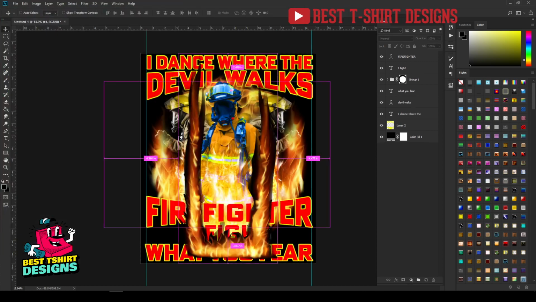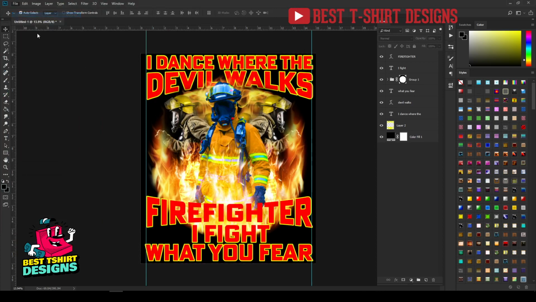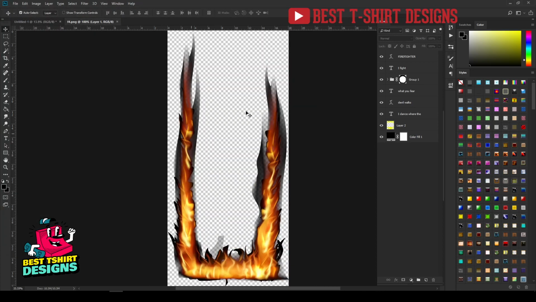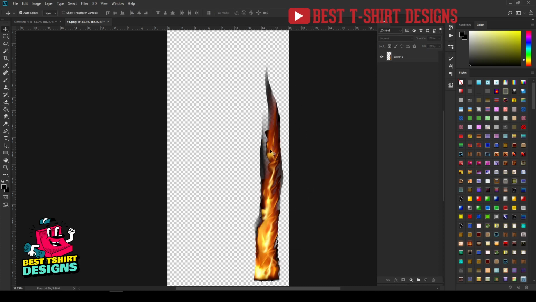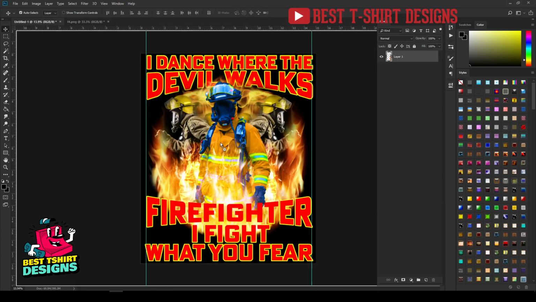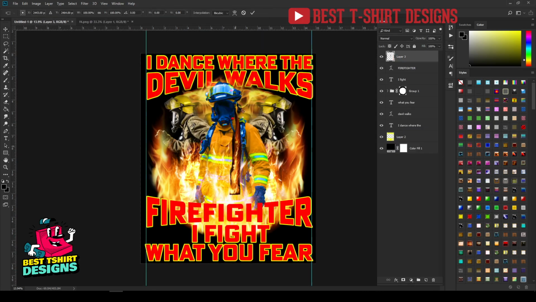Okay, let's press Ctrl Z again. I'm going to open that file because I need to add some adjustment. I don't want this whole part, so I am pressing E for eraser tool, then just erase something like this so that I have only this fire flame, whatever it is. Okay, not that much, so that is fine. I'm going to drag this into my document. Press Ctrl T, that means transform tool.